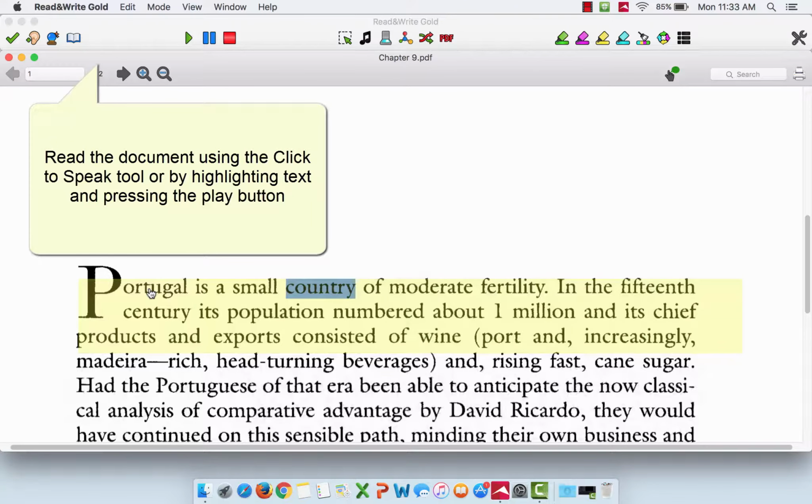Portugal is a small country of moderate fertility. In the 15th century, its population numbered about 1 million, and its chief products and exports consisted of wine, port, and, increasing